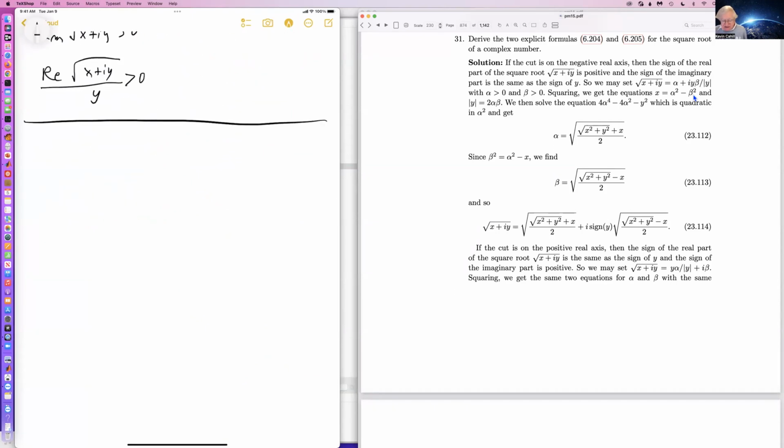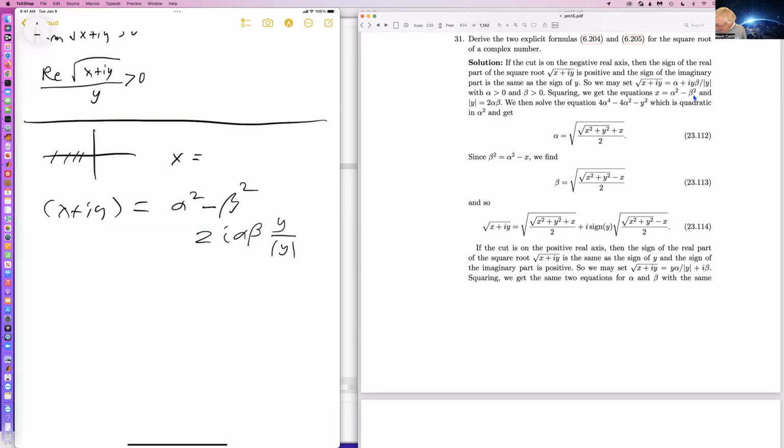So first case would be this picture, the cut over here. Then what we've got is that x is equal to, well, let's do the whole thing. We square, we get x plus iy is equal to, and when we square that, we get alpha squared minus beta squared, and the imaginary part is 2i alpha beta y over absolute value of y. And so then we get the equations, of course, that x is equal to alpha squared minus beta squared, and y is equal to 2 alpha beta